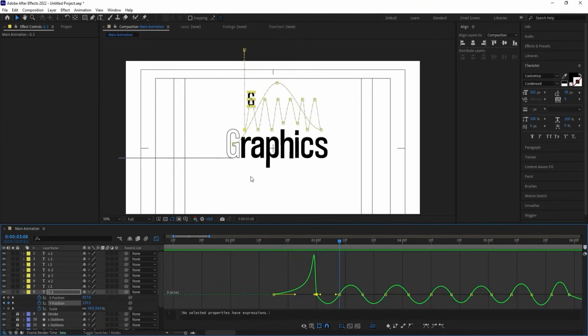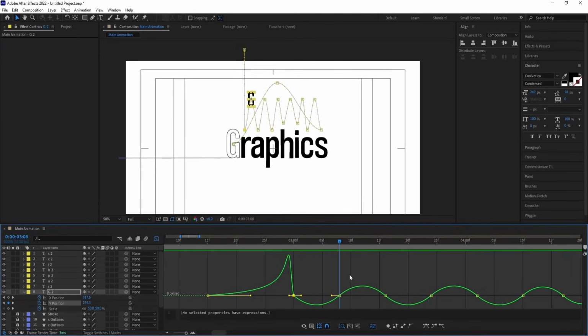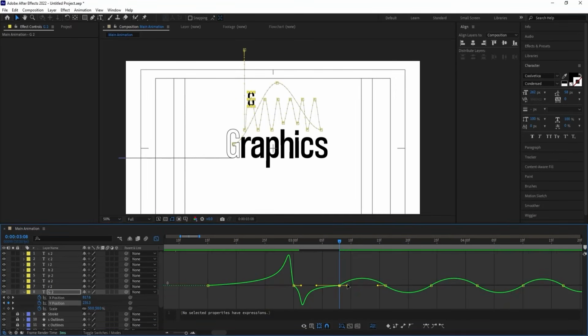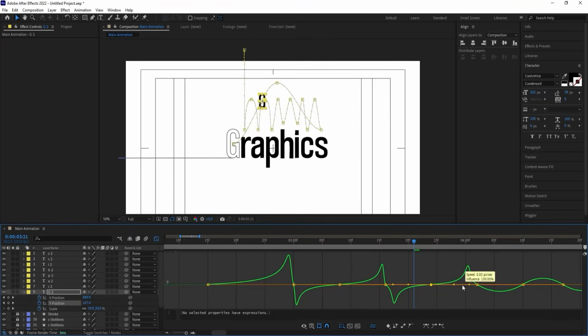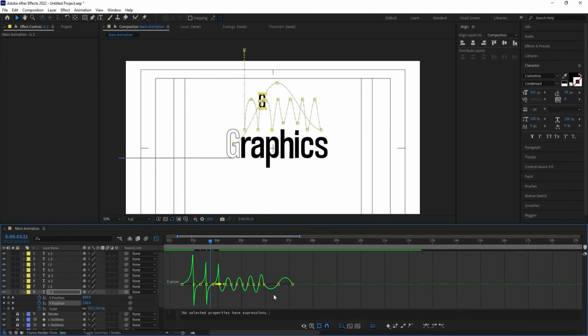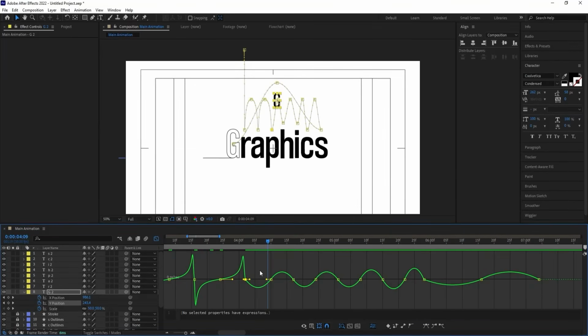So you will get that proper bouncing animation. Then select this graph by holding shift, move this handle over here and this handle over here, just like my other tutorials, like that. So we need to adjust each and every graph like this only, like this. Again, zoom in a little bit, select this, move this handle over here, this handle over here,